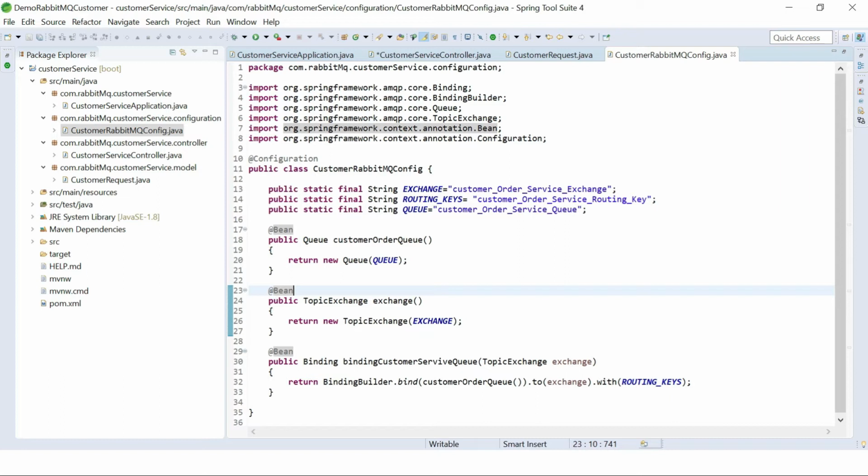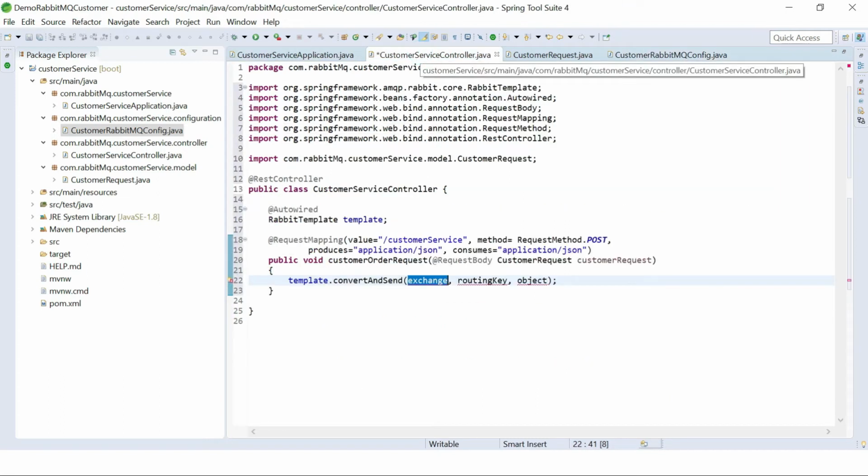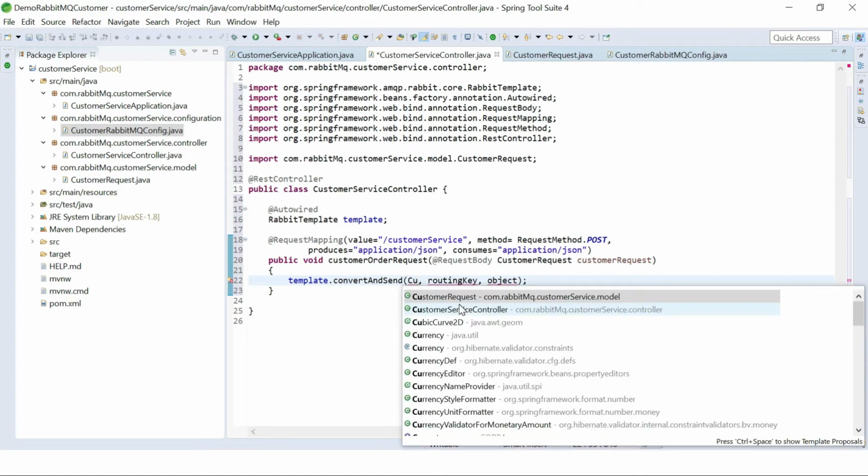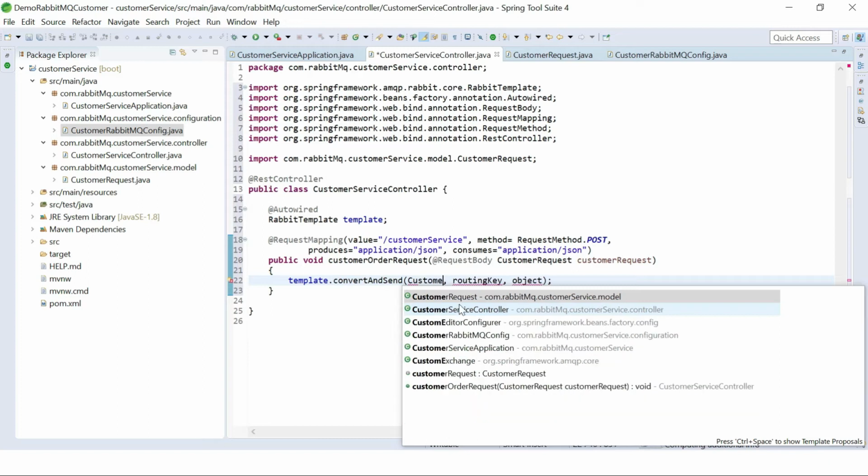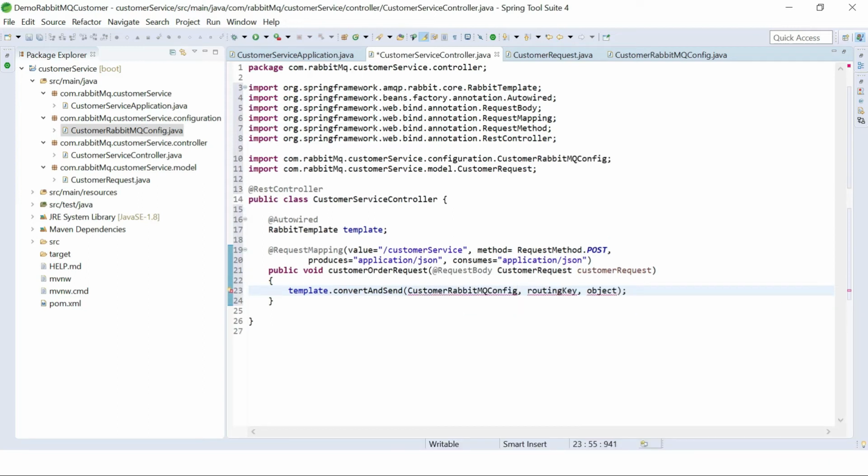Now let me show you the controller part. So this is our controller. The exchange name will be the RabbitMQ customer, RabbitMQ configure dot exchange.